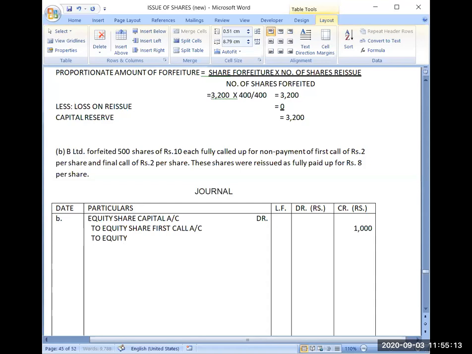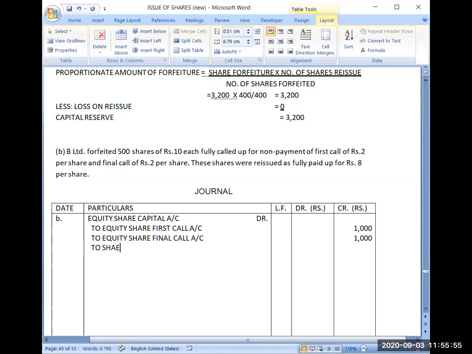To equity share final call 1,000. 500 multiplied by 2 again, and rest of the amount which you have received to